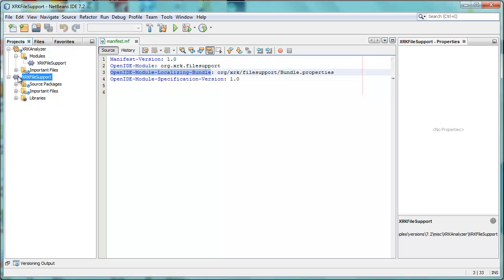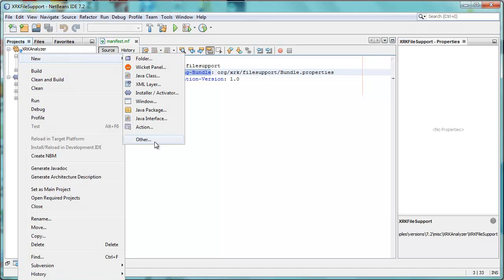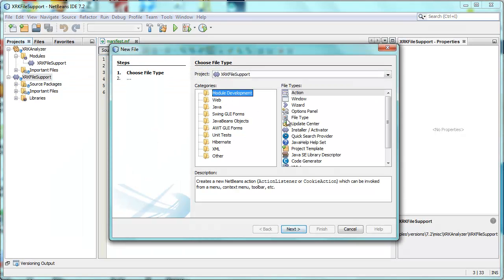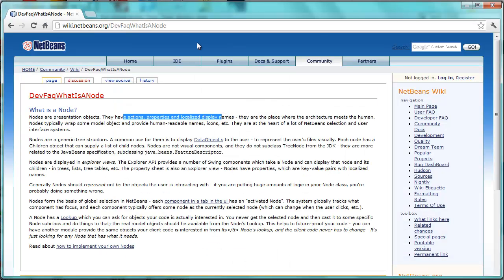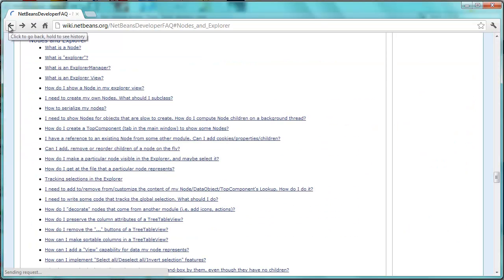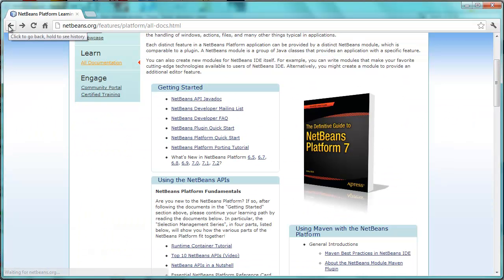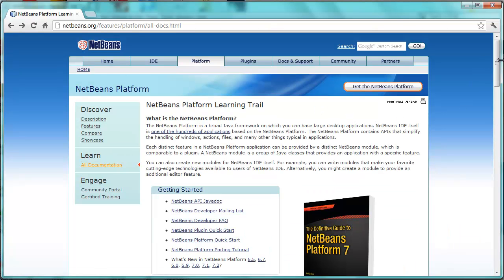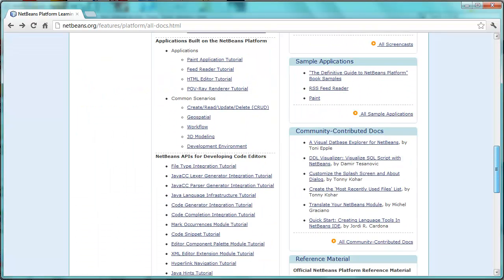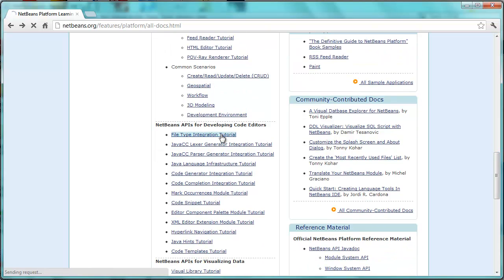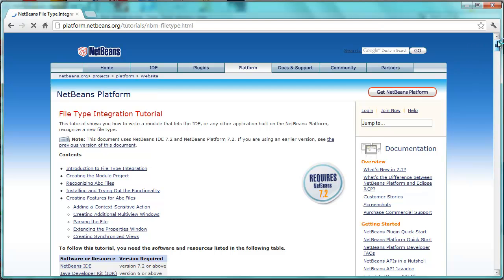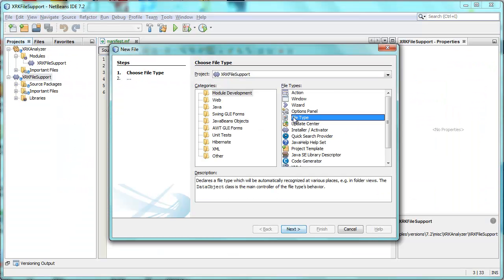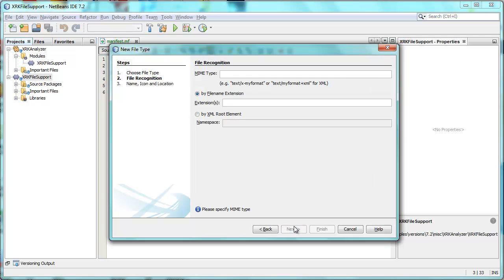Okay, so let's now use a template in NetBeans IDE, the file type template. This file type template is discussed in the tutorials page. If we can get back there, there is a file type integration tutorial. So what I'm going to be doing now is actually all described in here already. So I choose file type, I click next, and I say